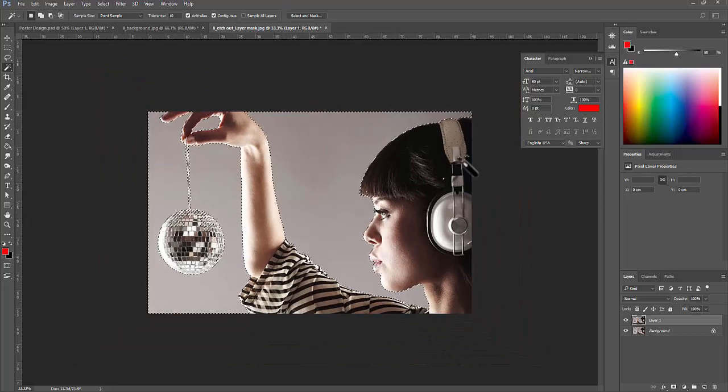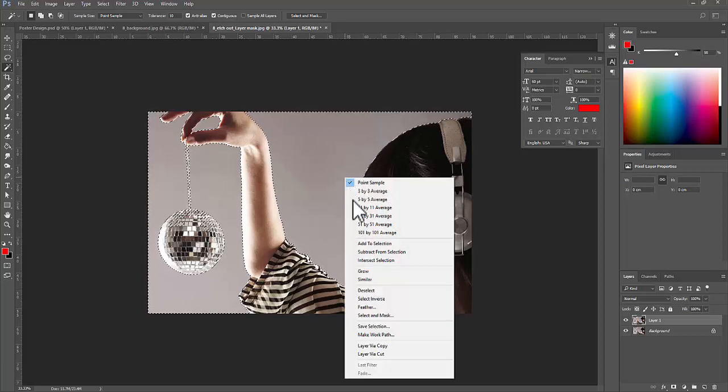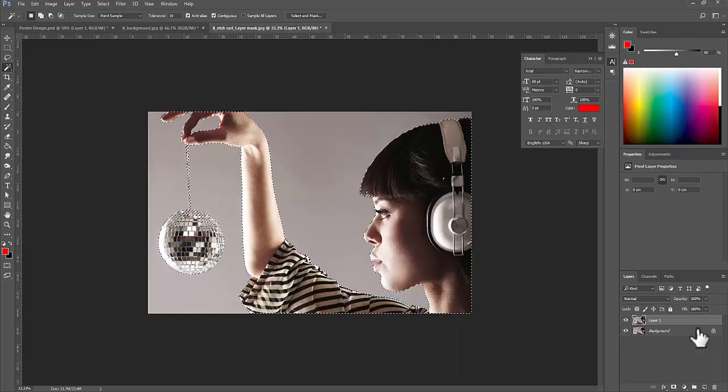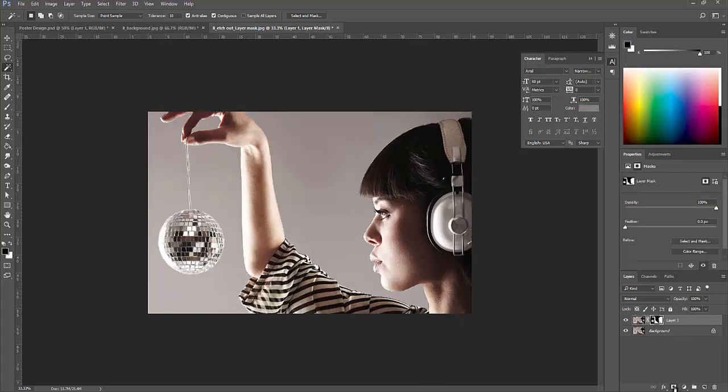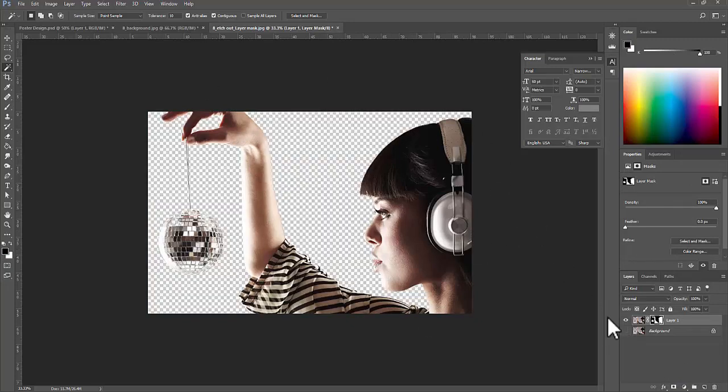Remember this time around it's selecting the background. We want to select the lady instead. So what we can do is to inverse. Inverse is Control Shift I, or right click here and then you select inverse and then you do a quick mask here. So don't panic. Let's say for example if you can't see anything here, because why? We haven't switched off here. So once you switch off,